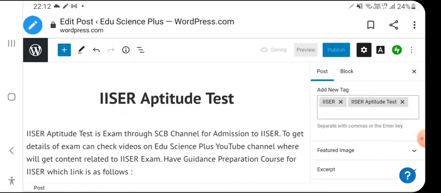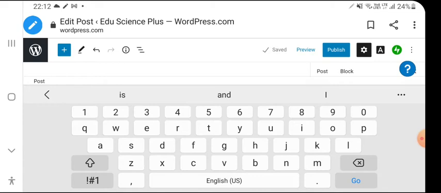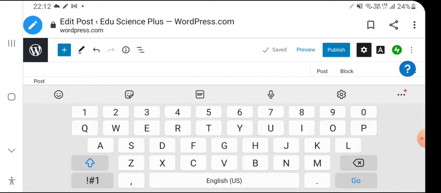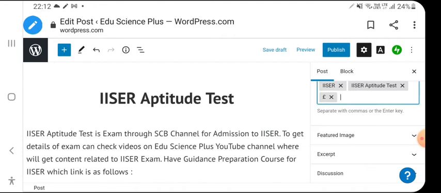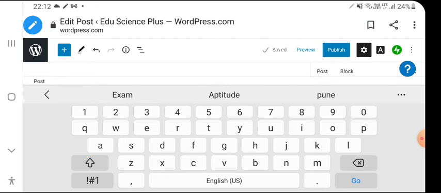This is a thing you learn by mistakes. I think after every 2 tags we should save, but after some time you will get the hang of it. If you use a laptop, then that will be a bit easier. Now put ISER aptitude test preparation.